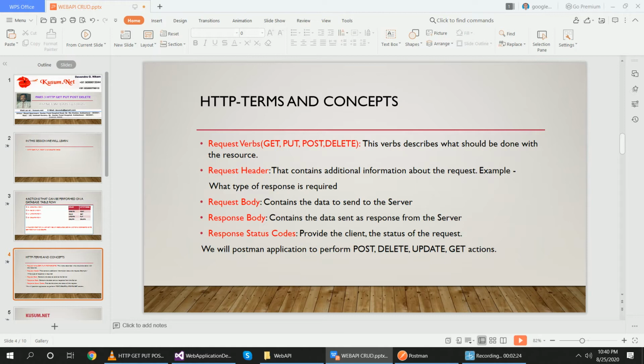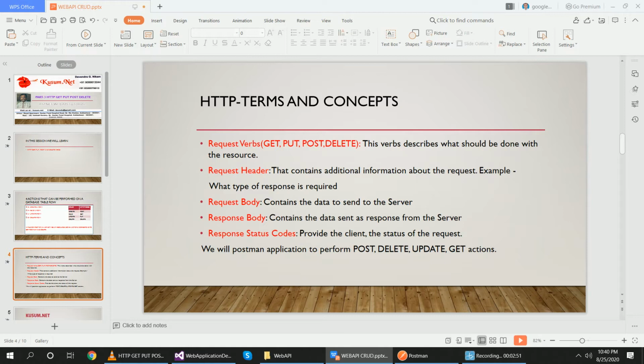If you want to send a JSON request, then please put curly brackets and inside of that, double quotes for the strings. If you want to send XML data to the server, please write XML type data in the request body. Response body contains the data sent as response from the server.